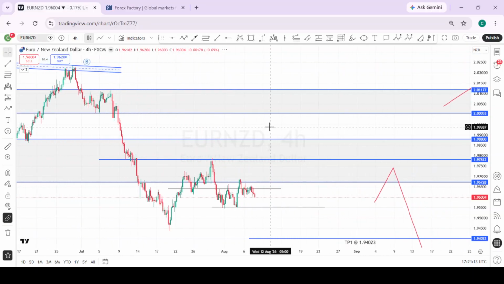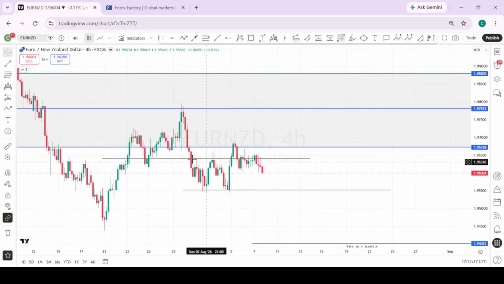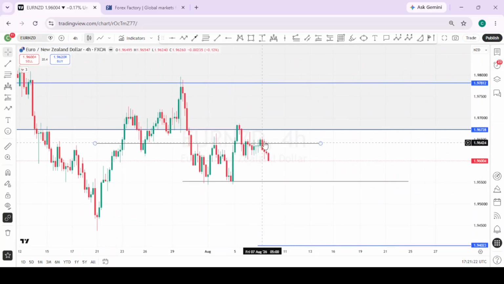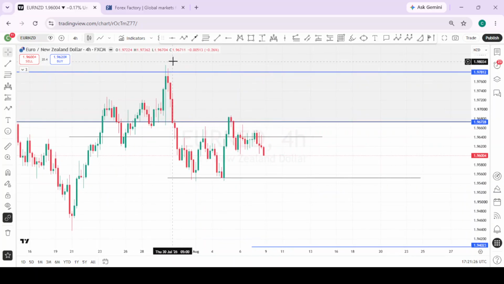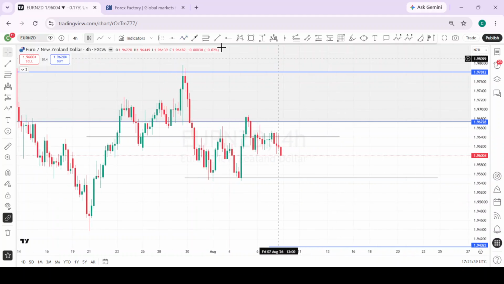So this is EURNZD. For EURNZD, last week we anticipated that price was going to retest this daily structure point and give us selling opportunities. So it retested and we didn't get any clean reversal or confirmation to sell. So going into next week, if we're able to get a possible lower high formation, a clean reversal or a clean selling opportunity, we'll take our sales to the downside for